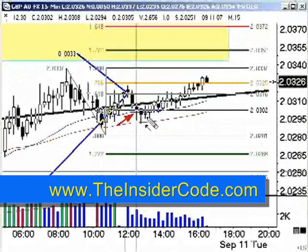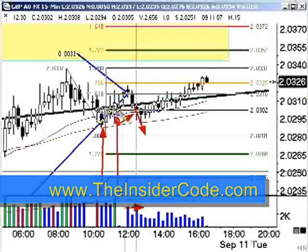But also, I was looking at all these other factors. Volume was starting to dry up. What should happen is volume should stay consistent. So what you should see is that volume should stay about at this level as the market is moving through. You should not see big spikes like this. Big spikes are what cause the market to actually reverse. In fact, you can see the spike came over here. The spike came over here, and even though the market floated up a little bit,